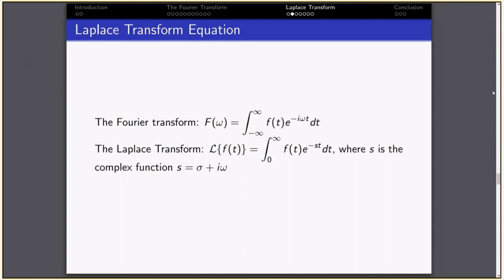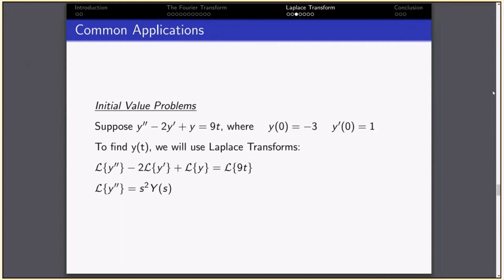So the most common use of the Laplace transform is initial value problems, and those are specific cases of differential equations. The most useful or common occurrence of this would be with the second derivative with respect to time of some function y. So if we were trying to solve for that function y of t, it's very common to use the Laplace transform. And in doing so, the general idea is to take the Laplace transform of each particular